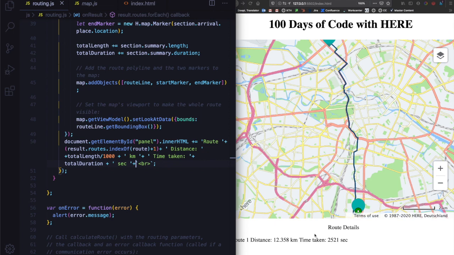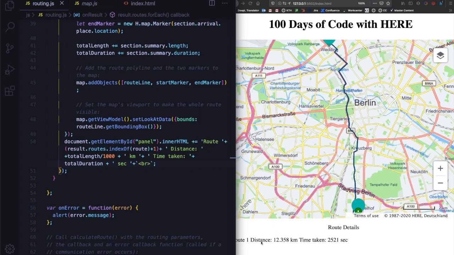What you'll see is route 1, distance is 12.35 kilometers, time taken is 2,521 seconds. But seconds is not a very intuitive way to read it,